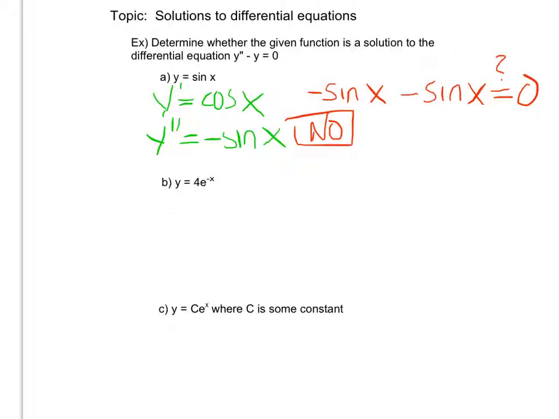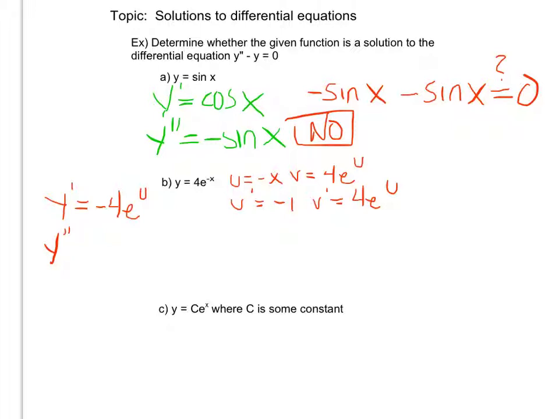If I look at the second one, part B, I'm going to go ahead and do the same thing. I need the same parts, so I'm using the same equation. I see that y prime would equal, well, notice because it is e to the negative x, I'm going to let u equal negative x and v equal 4e to the u, and then u prime equals negative 1, and v prime equals 4e to the u. So my first derivative is going to be negative 4e to the u,